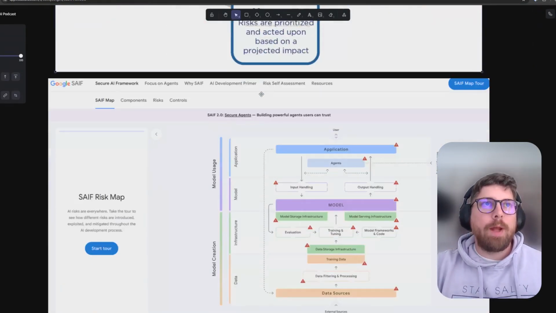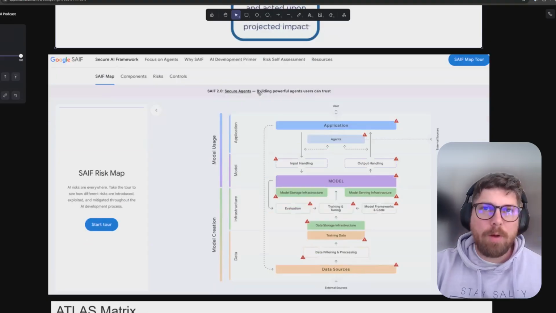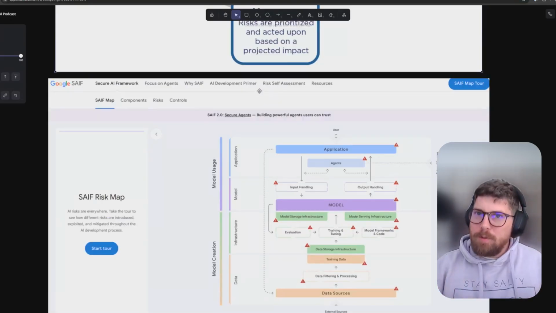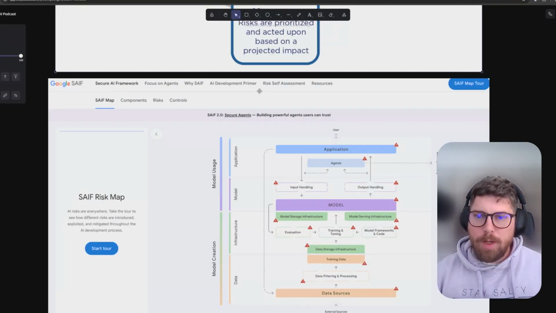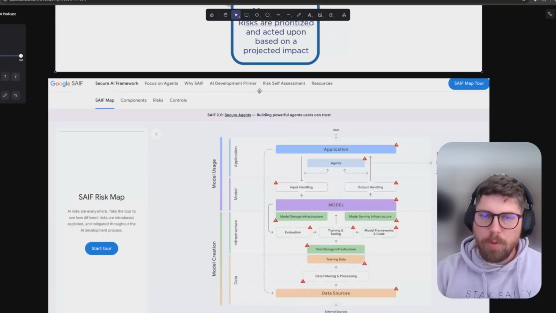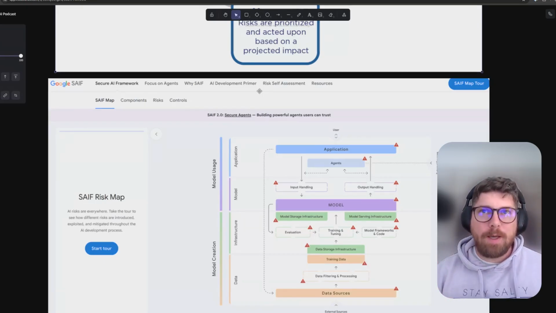Now, Google put out SAIF, the Secure AI framework, which fits into a similar model as what NIST put out, but they get a little more real world, which I love. I will say there is a lot left to build out in the framework, but it seems to be, at least for me, the more promising place to go when you're trying to understand how you should be safely creating AI related stuff.